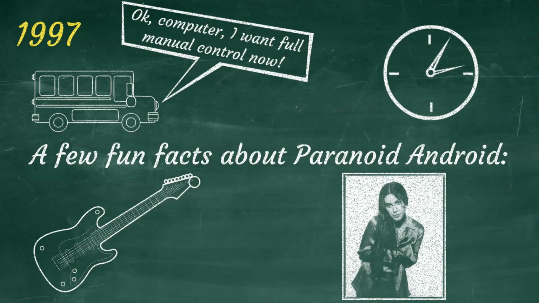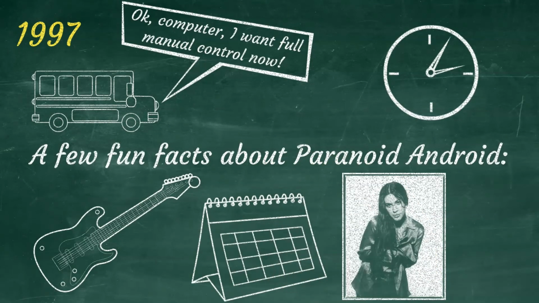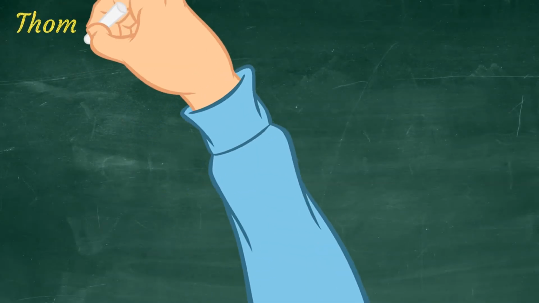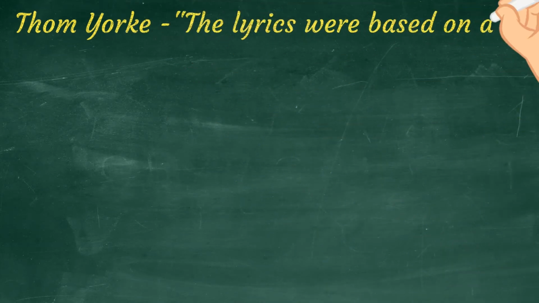Ironically, it took the band over a year and a half to fully perfect the new refined version for their own live gigs. But now, the moment you've all been waiting for, a descriptive analysis of the lyrics of Paranoid Android. When asked about the origins of the song in an interview, Thom Yorke explained that the lyrics were based on an unpleasant experience in a